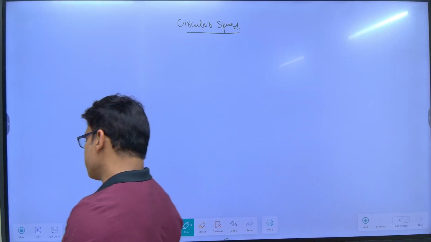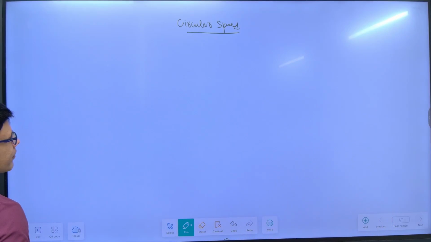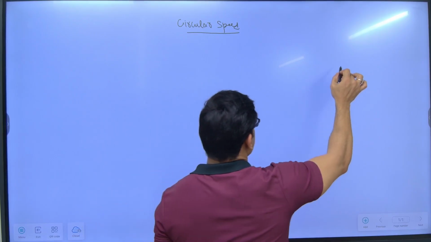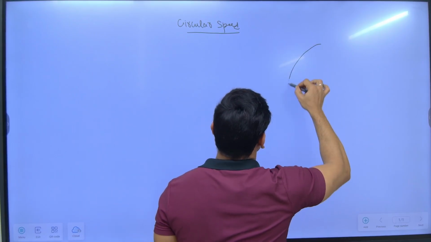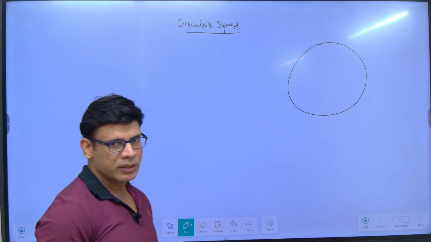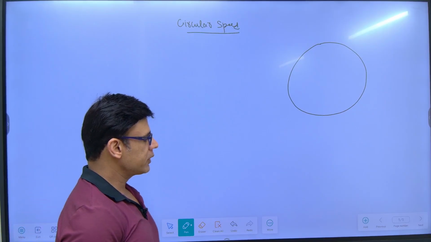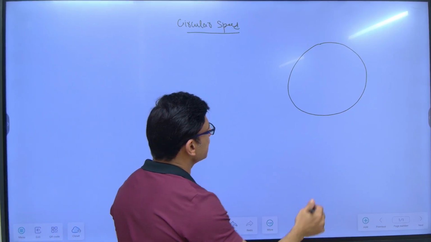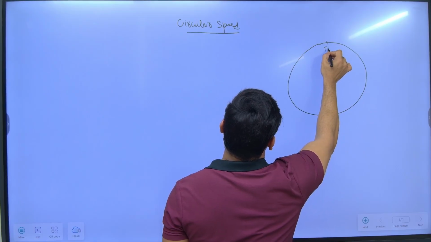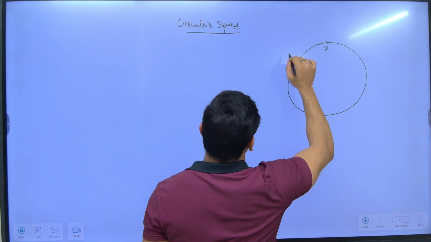In circular speed, there will be cases, right? There are certain cases in circular speed, and the questions of clock, this concept of circular speed is generally used in the concept of clock. First case, or first concept here, is: let's say there is a circular track, the starting point is P,